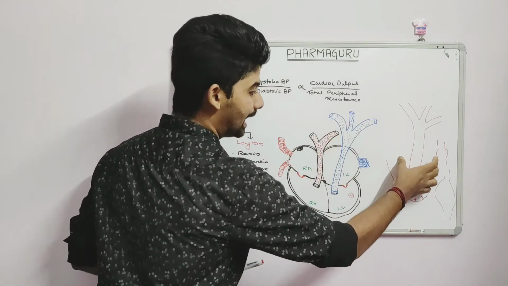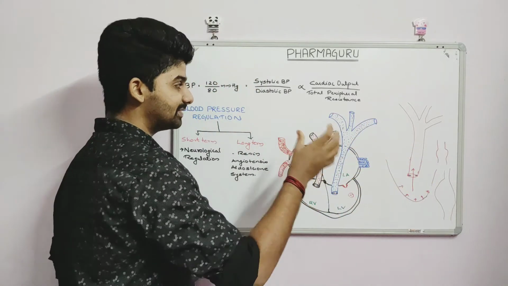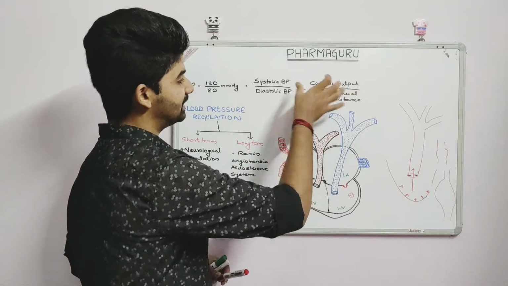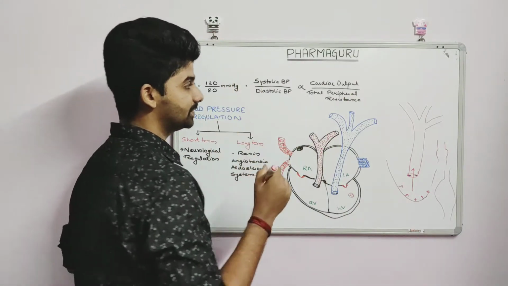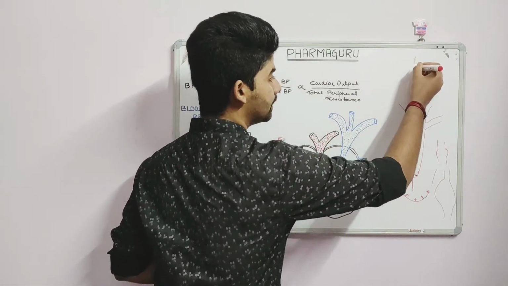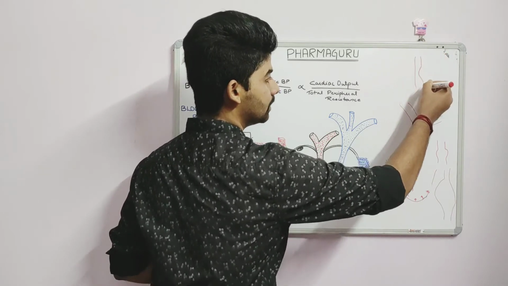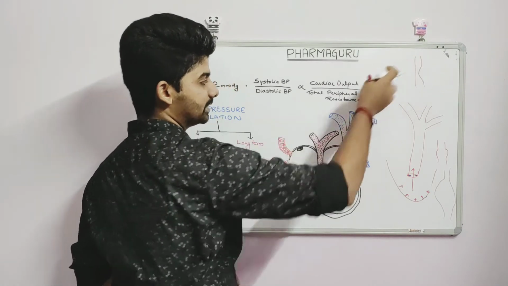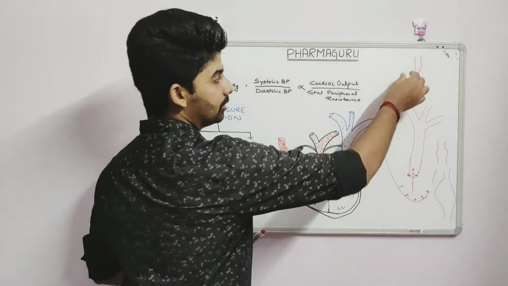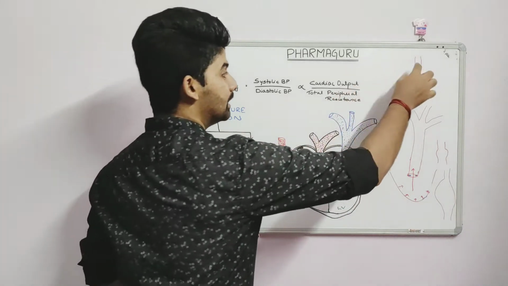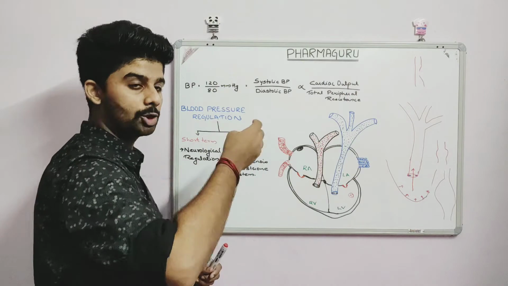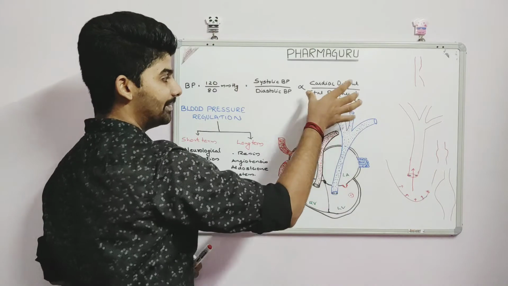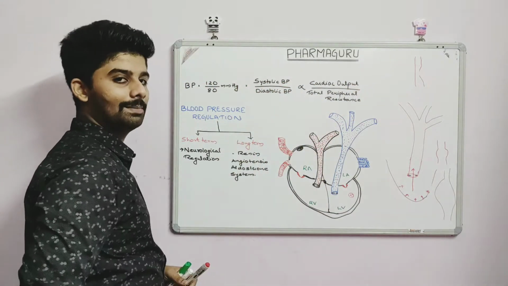That's why we say that the resistance, that is the total peripheral resistance, is directly proportional to diastolic blood pressure. That is, whenever the total peripheral resistance increases, diastolic blood pressure increases. Take into account that this is the size of the aorta. See, I have decreased it, so the total peripheral resistance increases. Whenever the vessel is constricted, it is difficult for the blood to move, so more force is applied by the aorta or the arteries to the blood. That's why when the total peripheral resistance increases, the diastolic blood pressure also increases.